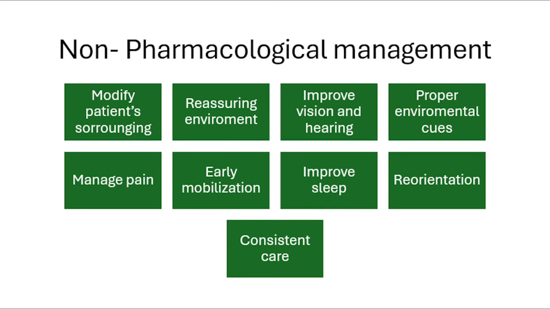Modify the patient's surroundings. You give some cues to understand what time of the day it is, right? The sunlight, the clock and things like that. And a reassuring environment, because the patient sees a lot of things as threatening, so you just reassure the patient, right? They are deliric and they have hallucinations and delusions, but they can be reassured. That is the most important thing. You put a photograph of their children and wife or family, something familiar to them, just to ground them, right?